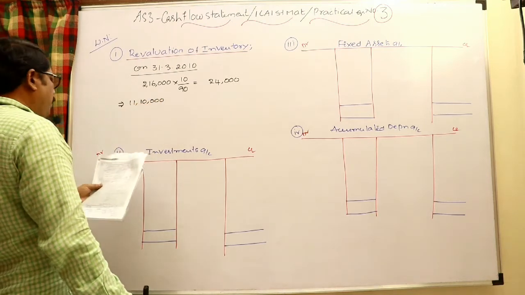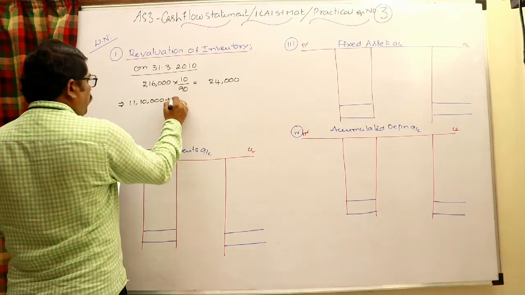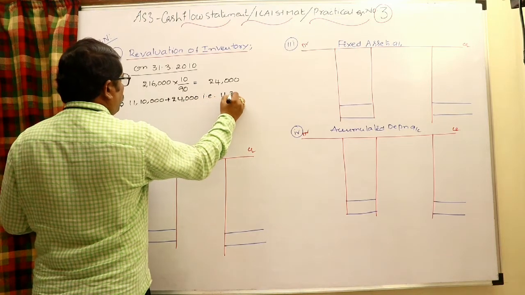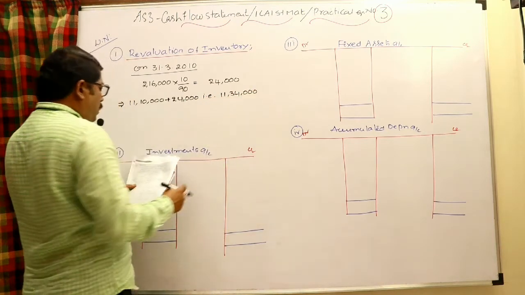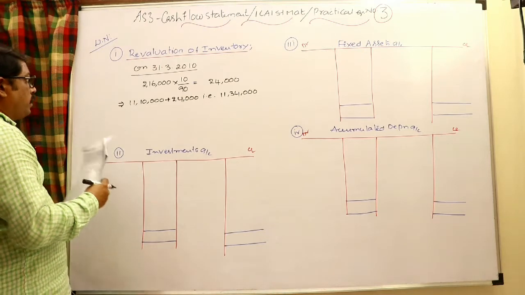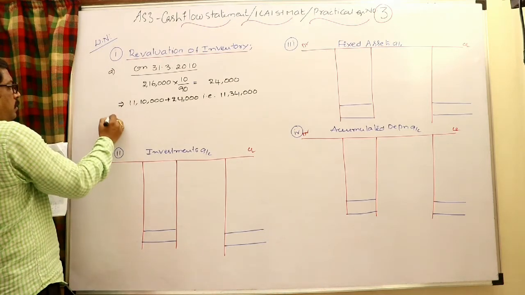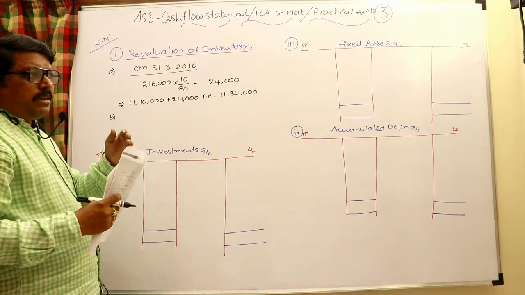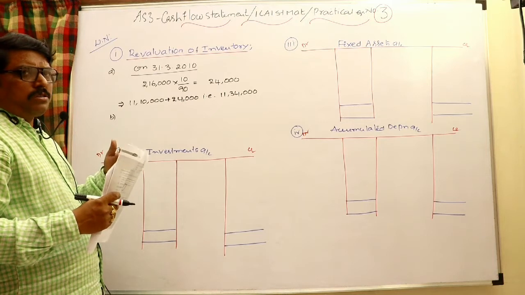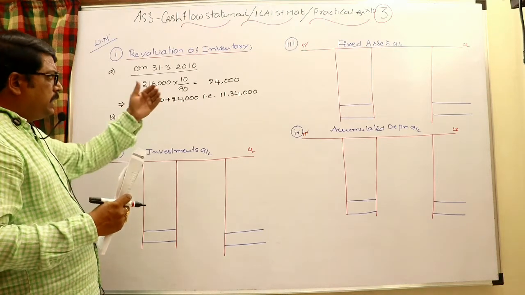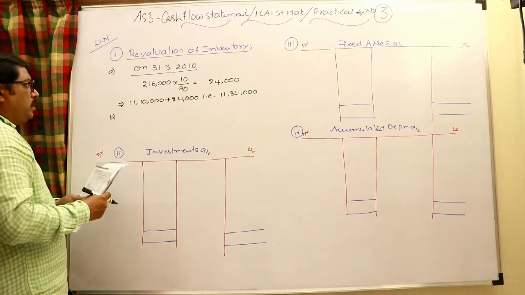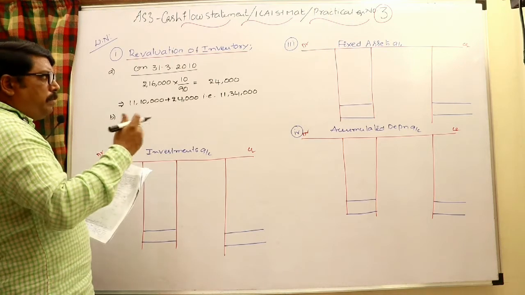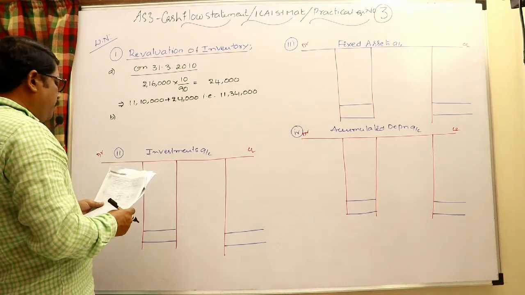Opening current assets are given 11,10,000 and we would like to increase by 24,000, and then it would be 11,34,000. This is the first point. Because on 31st March 2010 the inventory was valued at 10% lower than cost, and we brought it to cost price, so there is an increase of 24,000. Obviously whenever stock is undervalued, profit is also undervalued. When you bring it back, the profit also would be increased, and for last year.